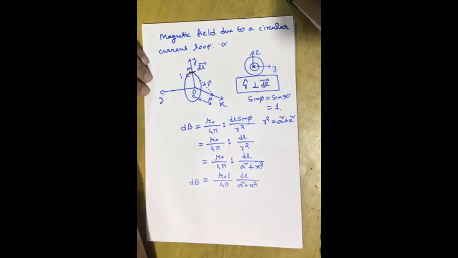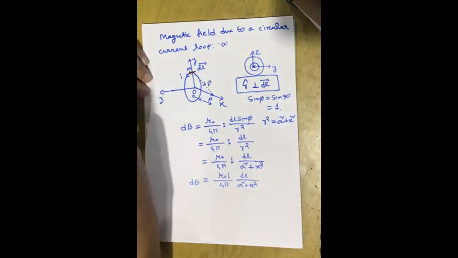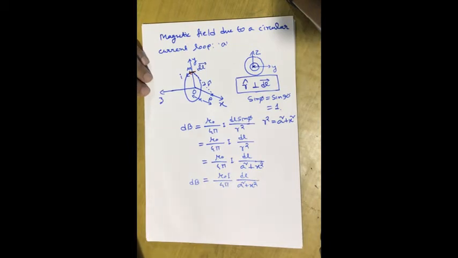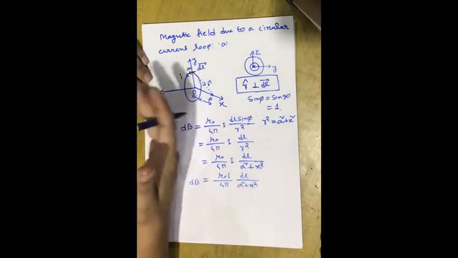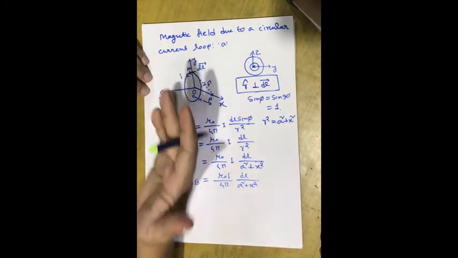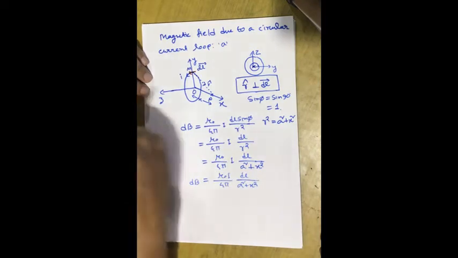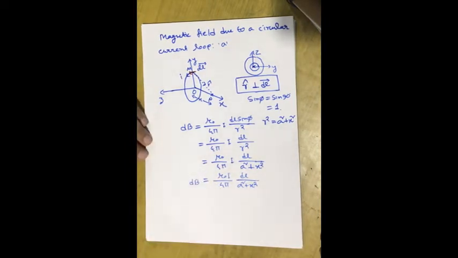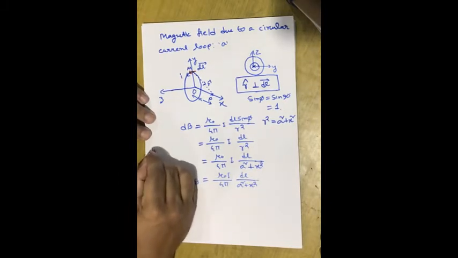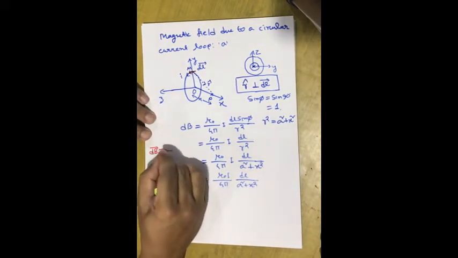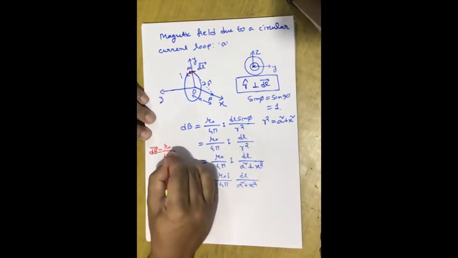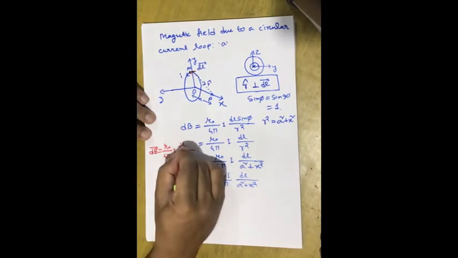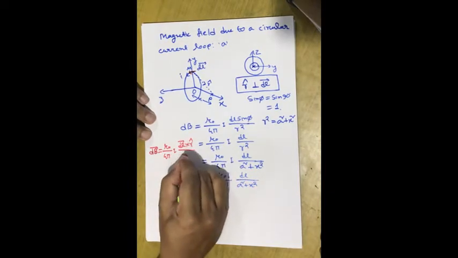Now what I have to do is find out the direction of the magnetic field. Direction is very important here, because for a vector quantity we have to know the magnitude as well as the direction of the field. So how do we calculate the direction? If you remember, I have written it many times, if you see your notebook, dB vector is mu naught divided by 4 pi, I